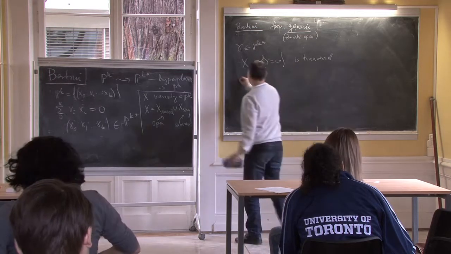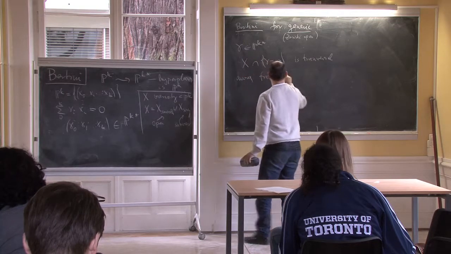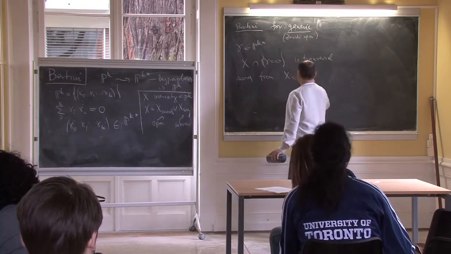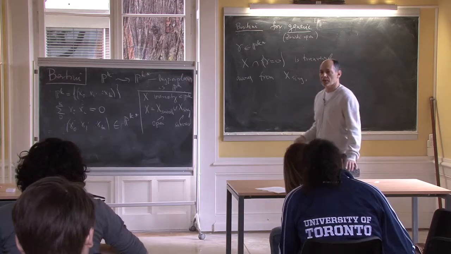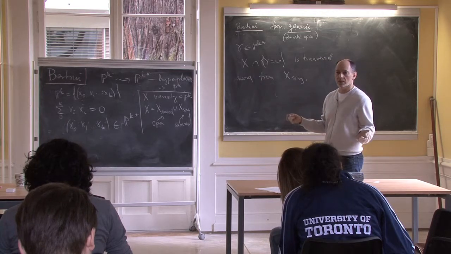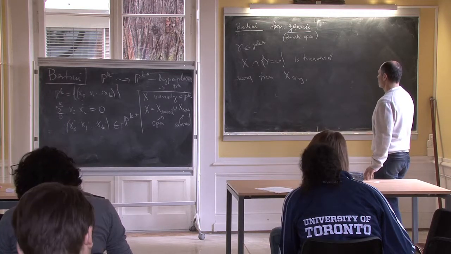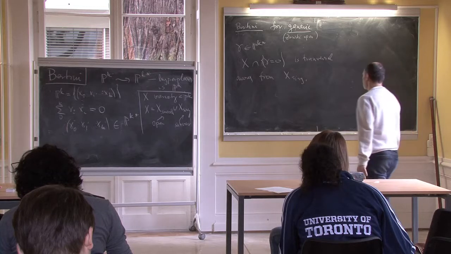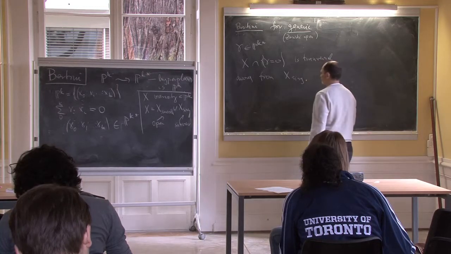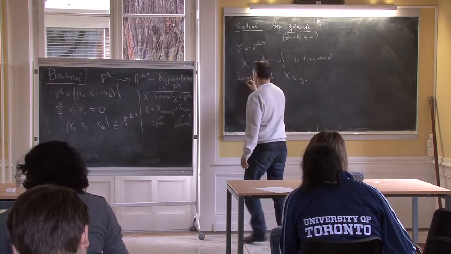It says, away from X sing. Of course, I didn't even define what that is. I only defined what tangent space and transversal are for smooth points. So if it intersects X sing, then it's... and thus, so as a corollary,